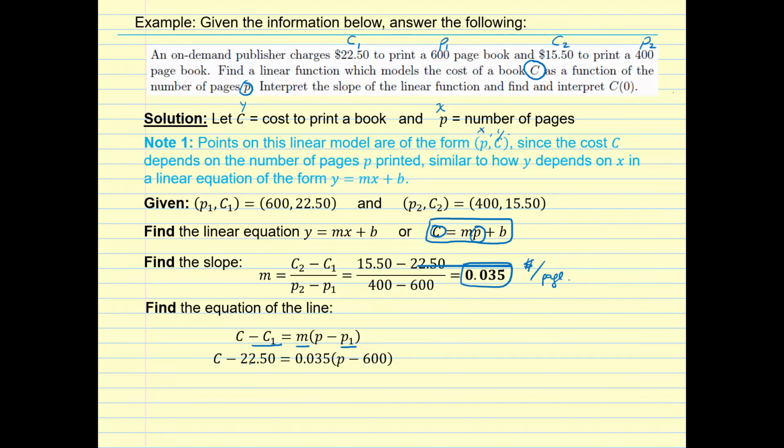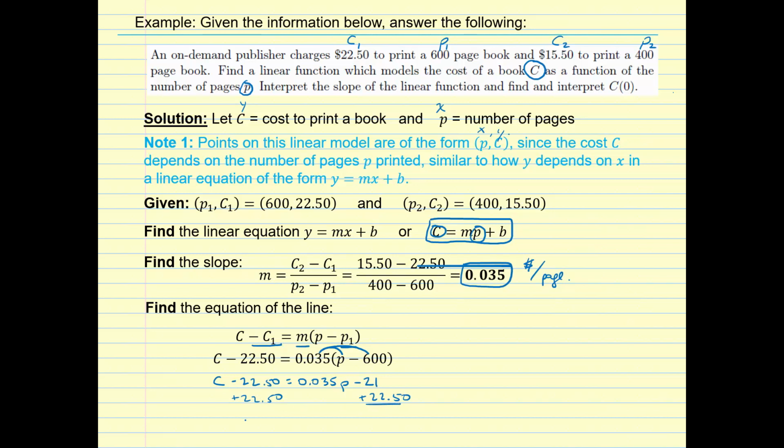So if we use C1 as 22.50 and P1 as 600 and our slope as 0.035, then we distribute the 0.035 through the parentheses, and we get C minus 22.5 equals 0.035 P minus, and then 0.035 times 600 is 21. You can use a calculator to find that if you like. If we then add 22.5 to both sides,